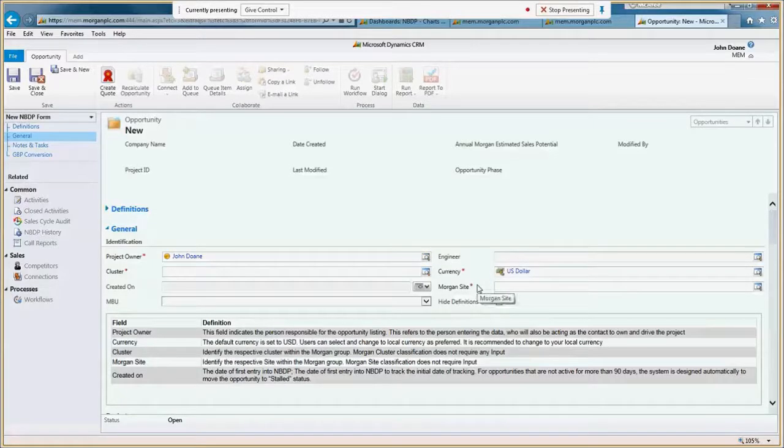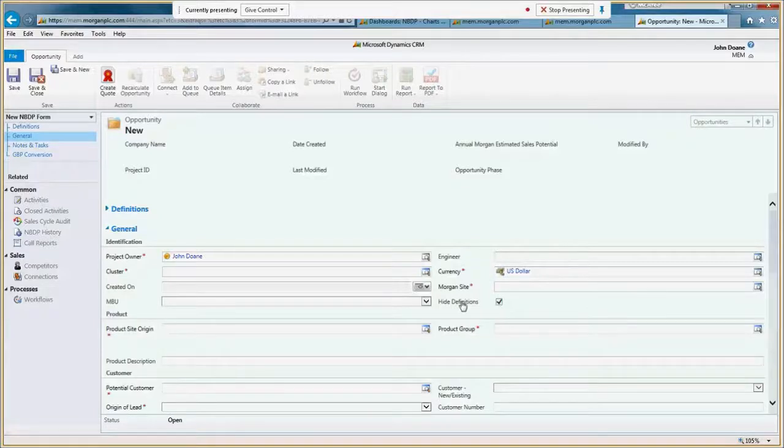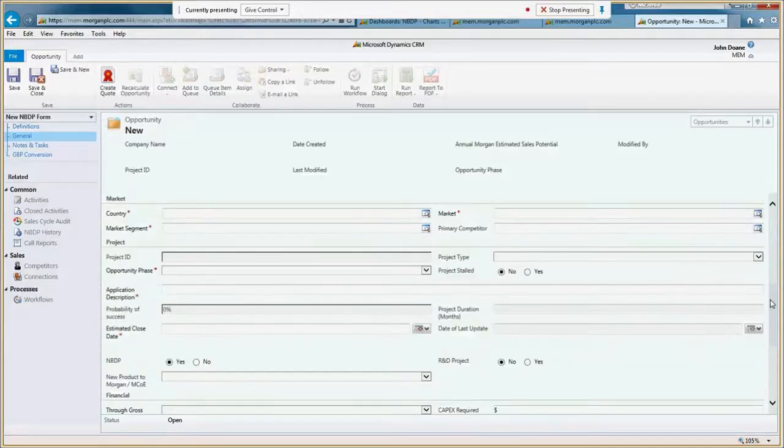Now, for those of you who become accustomed to this and you understand those definitions, we did add an option here to hide them. So it kind of declutters the page a little bit and makes it a little bit faster to get down the page, so you don't have to scroll through those. From here, you can click this checkbox where it says Hide Definitions, and that allows you to make those disappear from the page and making it hopefully a little bit quicker for you to fill in the rest of the